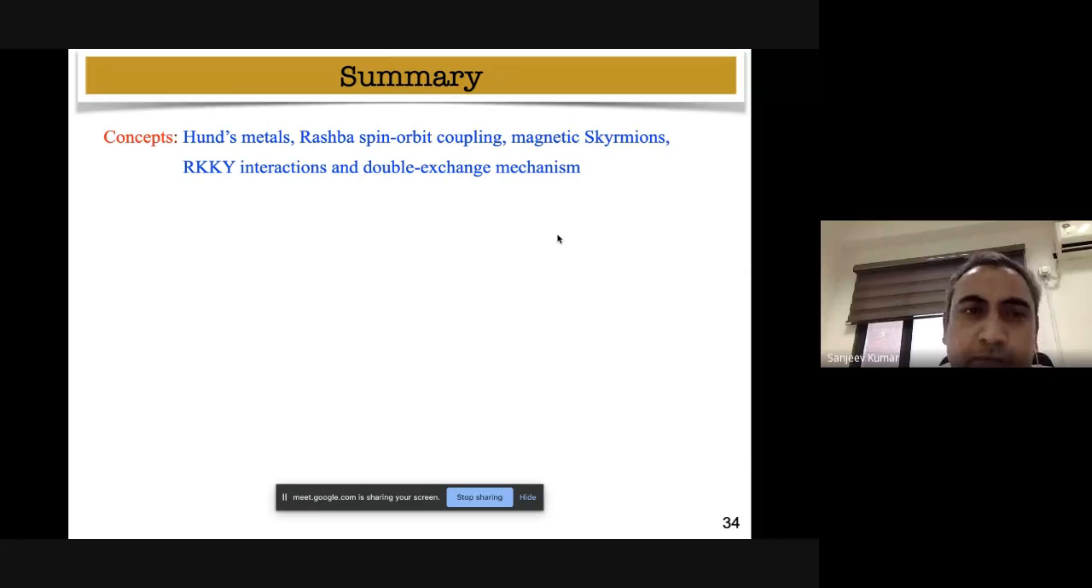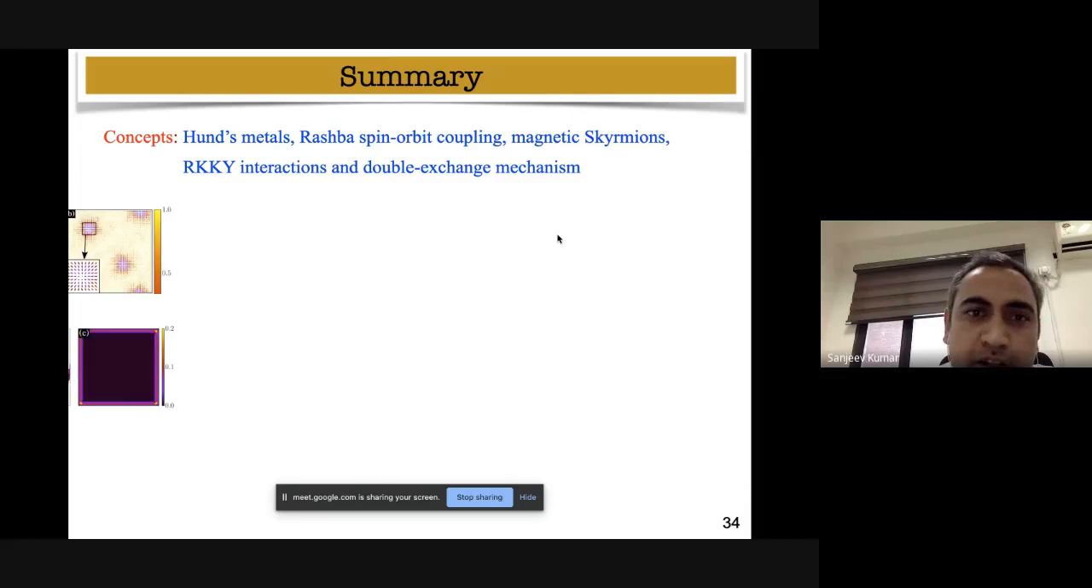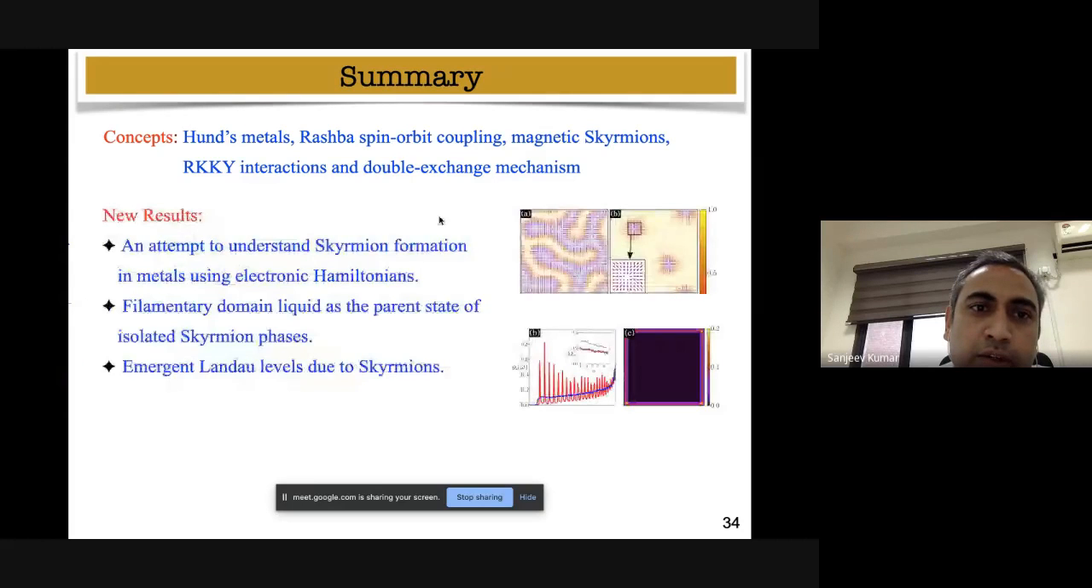more thoroughly. And in terms of the results that we presented, basically we attempted an understanding of skyrmion formation in metals using electronic Hamiltonians. One of the key findings was that these filamentary structures, for which there was no clear understanding so far, have been explained as an outcome of a degeneracy of some set of states, and they turn out to be the origin of the isolated